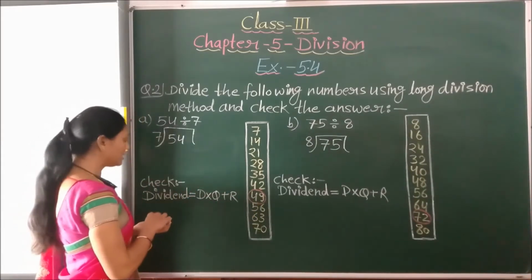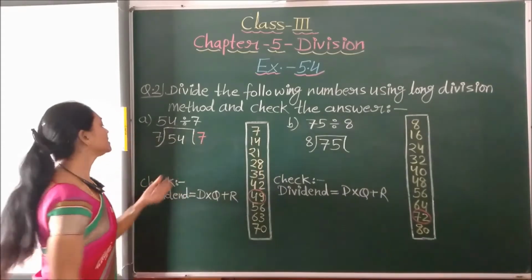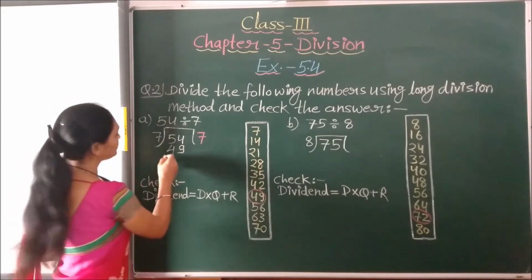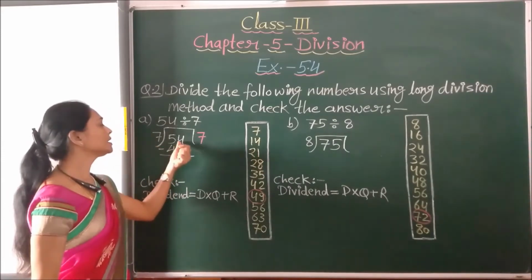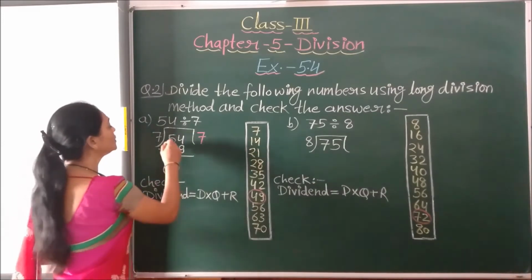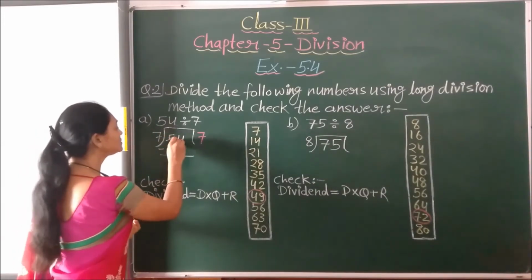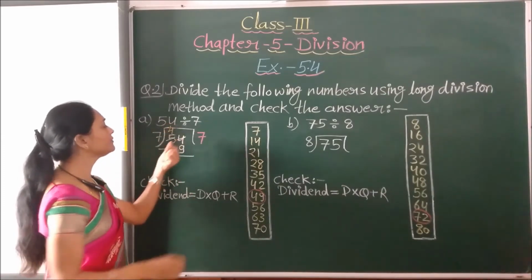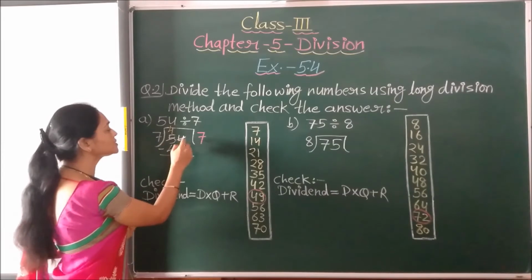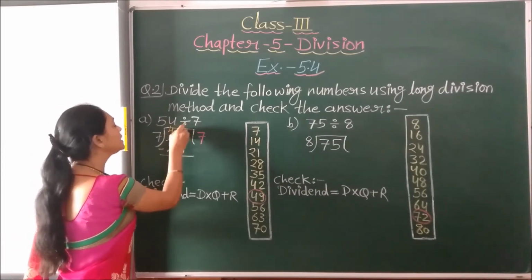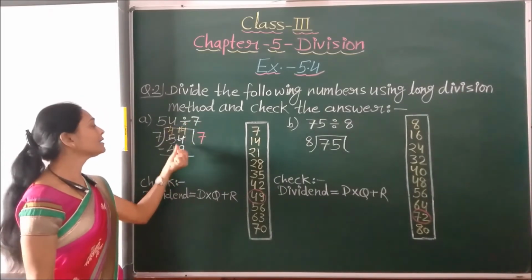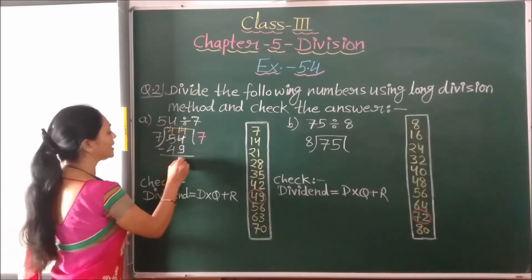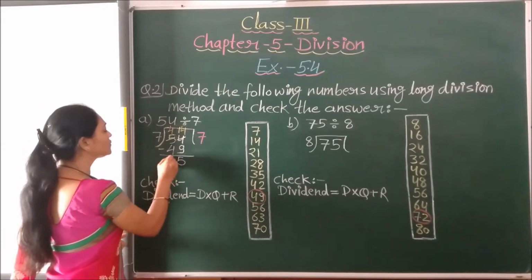It means we have to read this table up till 49 only, meaning 7 times. So we will write here in the quotient 7, and this 49 we write down and subtract. Here this 4 is the smaller number, so we have to borrow from here. This 5 will become 4, and here we get 10 and this 4, so this is now 14. Now we subtract this 9 from this 14. 14 minus 9 is 5, and 4 minus 4 is 0.